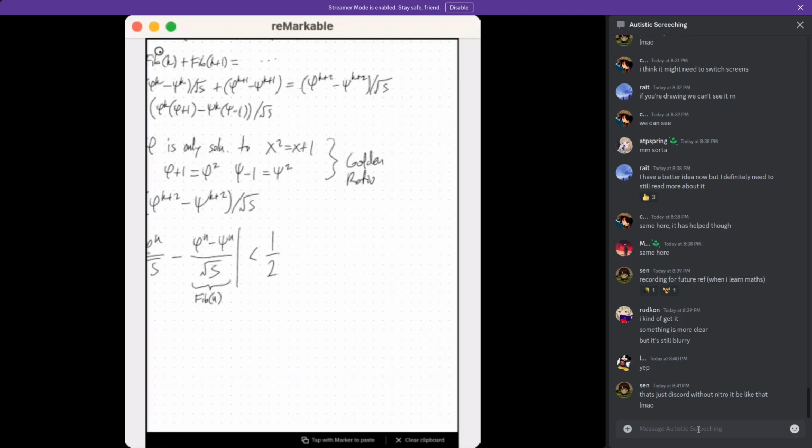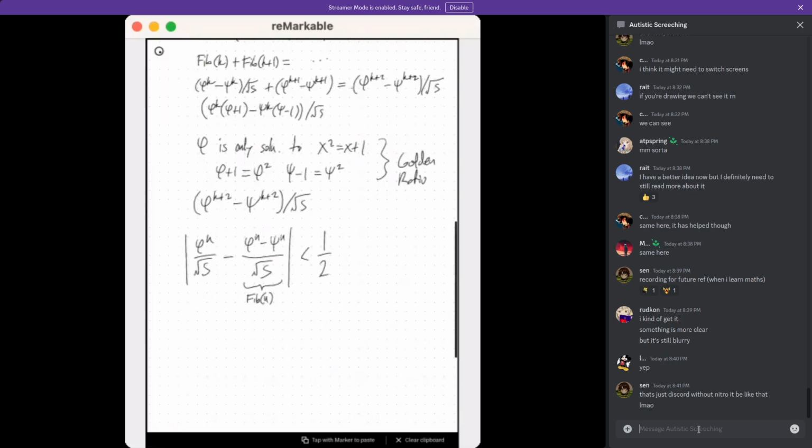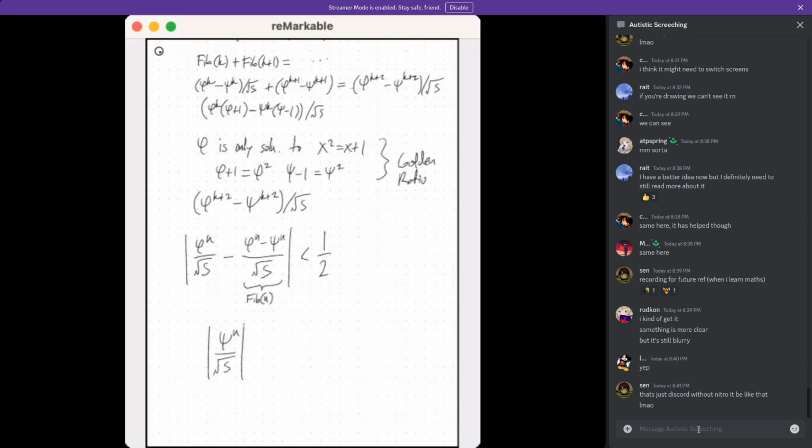But yeah, so this expression here, just simply, algebraically, we can see that it simplifies down to this. Oop, the wrong thing here. So yeah, this is what it simplifies down to. And we just have to prove that this is less than 1/2 for any n and any natural number. Right, so